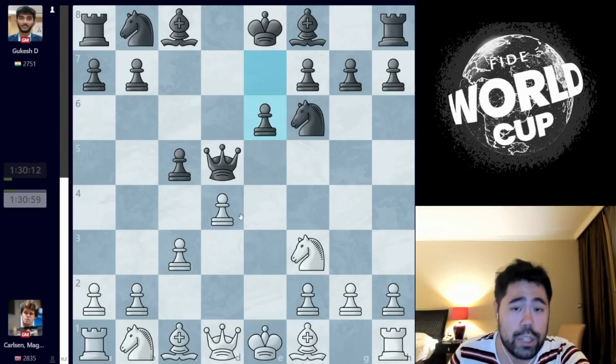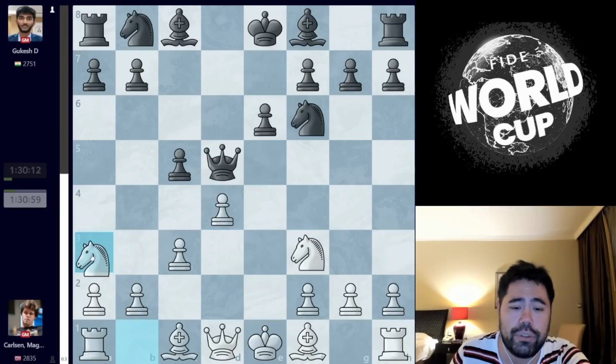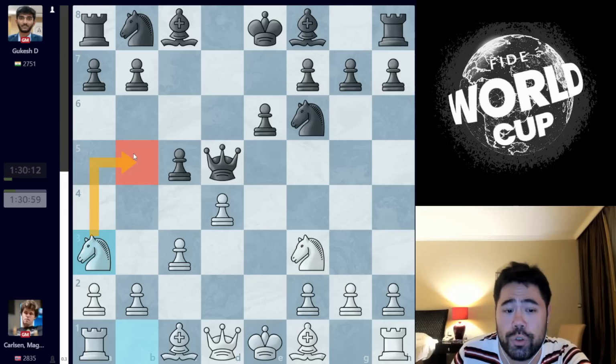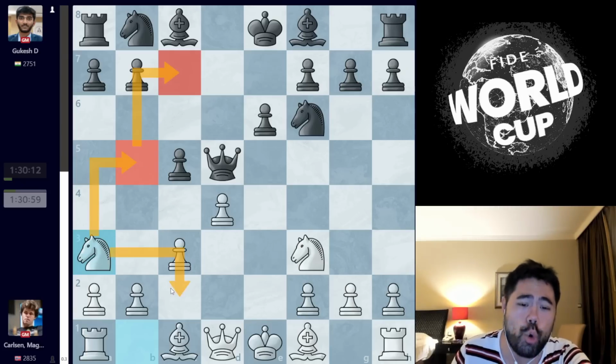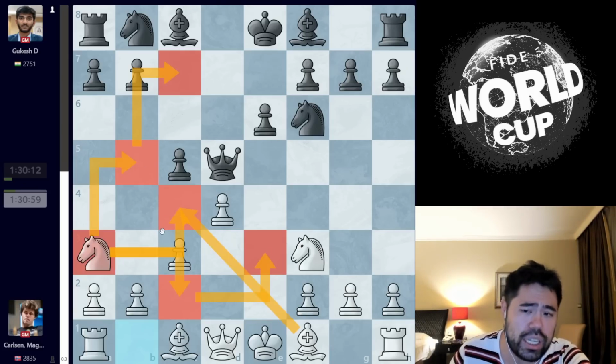bishop e2. Now, I have had this position many times online. I think Daniel Naroditsky has also done some speed runs with this opening, and in this position, the main line is this move knight to a3. Now, the reason that knight to a3 is considered to be the best move is quite straightforward. With the knight on a3, you can support either bishop to c4, attacking the queen, or you can go for knight b5 with the idea of knight c7 or knight c2 and knight e3. So you support a lot of different ideas by putting the knight on a3.